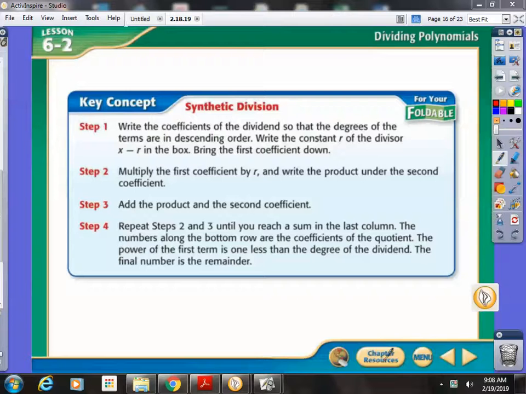Today we're going to learn about synthetic division. Good news, there's an alternative to polynomial long division sometimes. There's going to be times when polynomial long division is what you have to use, just for the sake of the problem. But there are other times where we can use an alternative method, and we call that method synthetic division. So go ahead and title your notes, synthetic division,